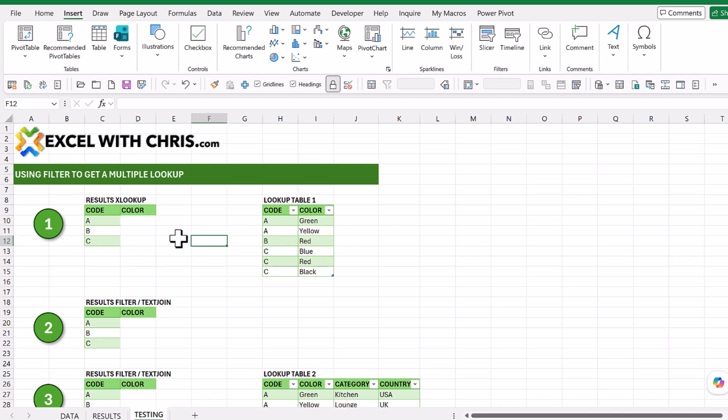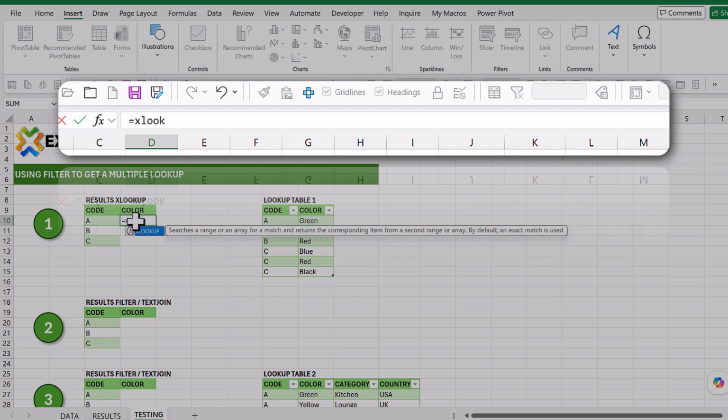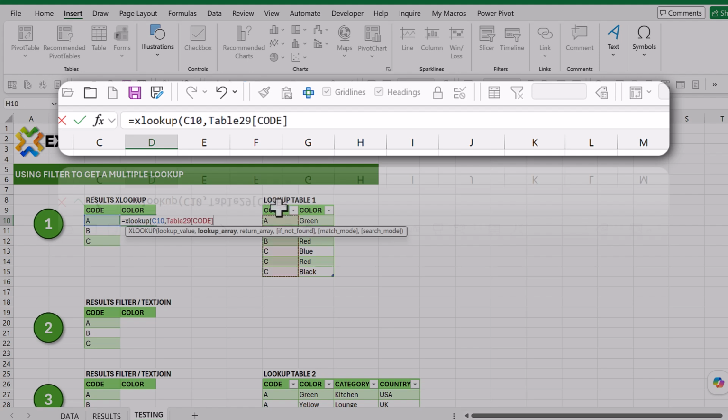Now, in our data set, we have an A, B, and C. In our lookup table, we have two A's, one B, three C's. Now, let's see what happens if we use the normal XLOOKUP formula. So I'm going to say equal XLOOKUP. I'm going to say find this for me, find it in this column. Now you will see if I move to the top of the table titles, there's a little down arrow that appears. I click on that specific spot and it selects that whole range. So I'm saying look up this cell for me in this column of the table, comma, and return for me